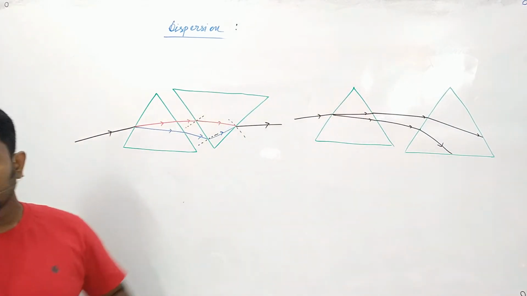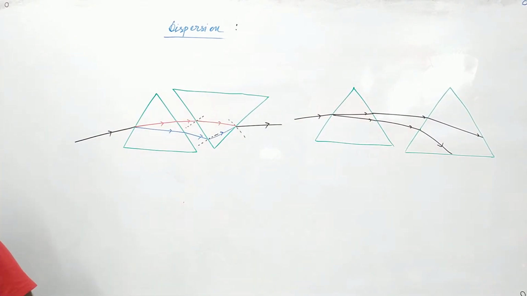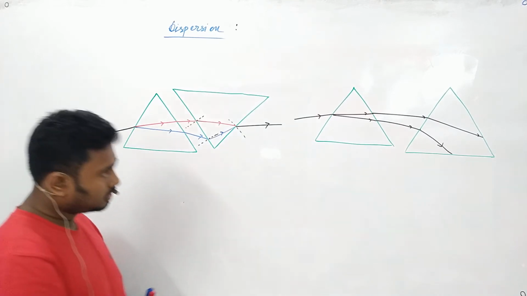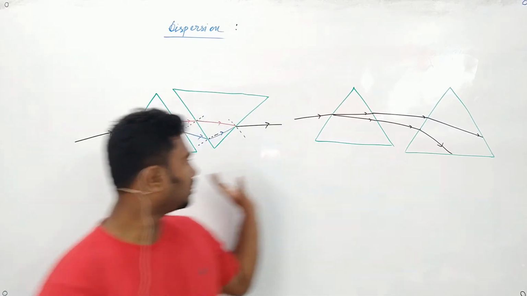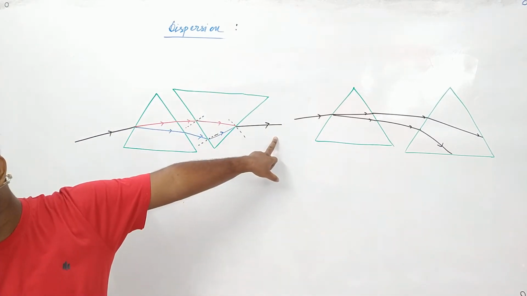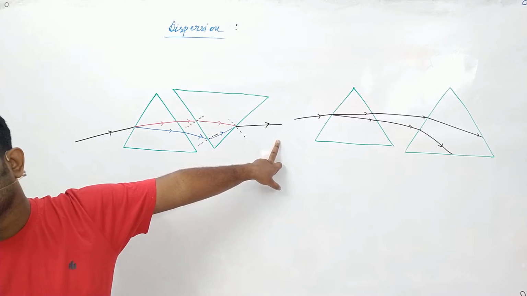Will they ever get joined? No. That means they diverge, so they form the same colors as they are forming. Yes, absolutely. That means we need to converge them so that we can form a single ray of light. We have to converge them, so we are using the inverted prism.